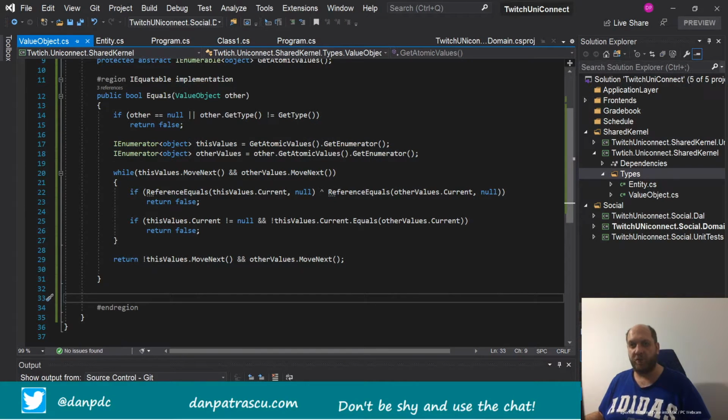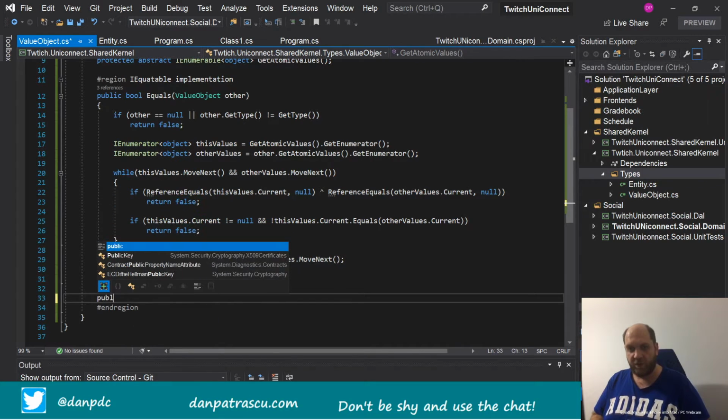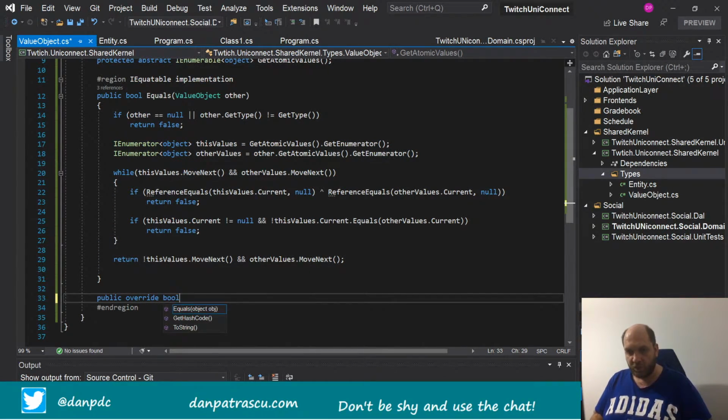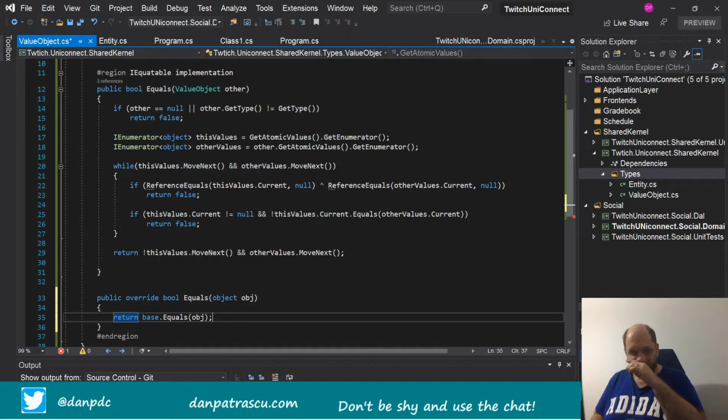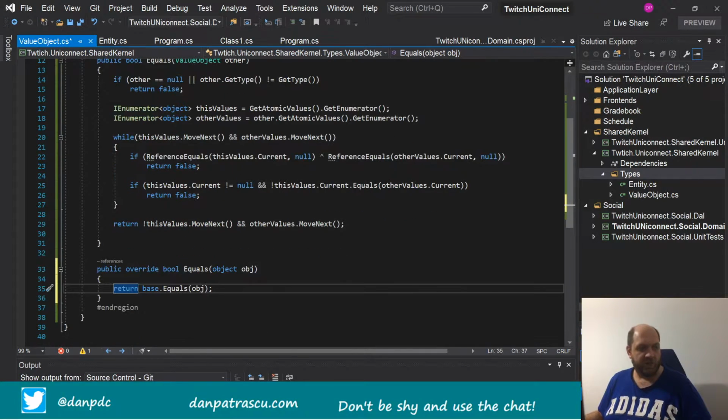if we implement IEquatable, so this public bool equals method, it is also a best practice to override the object dot equals. So in this case, we would have public override bool equals, and here equality,